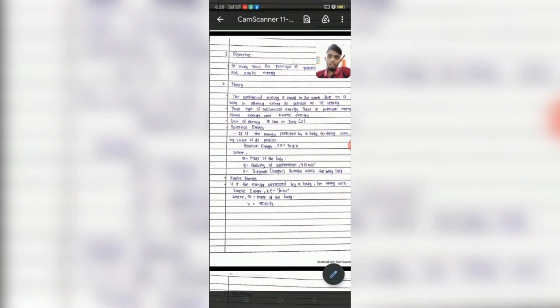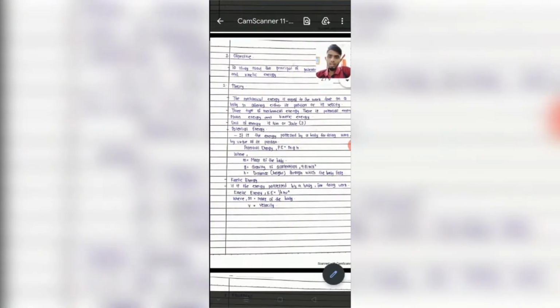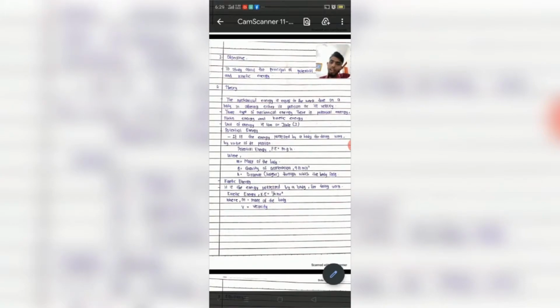The unit of energy is Nm or joule. Potential energy is the energy possessed by a body for doing work by virtue of its position. The potential energy is PE equals m times g times h, where m means mass of the body, g is the gravitational acceleration 9.81 m/s², and h is the distance of height